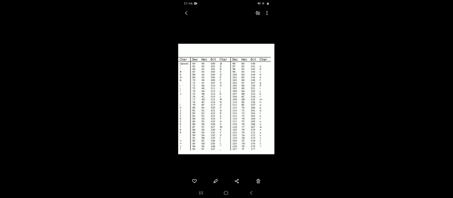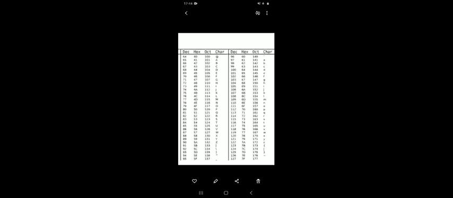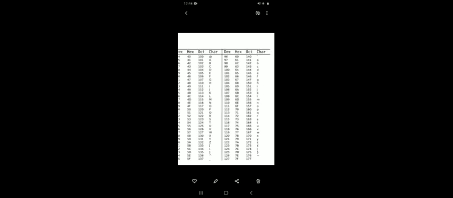Now, character capital A is represented by decimal number 65. You should remember these few characters, capital A to Z and small a to z, because it will be useful in your programming.